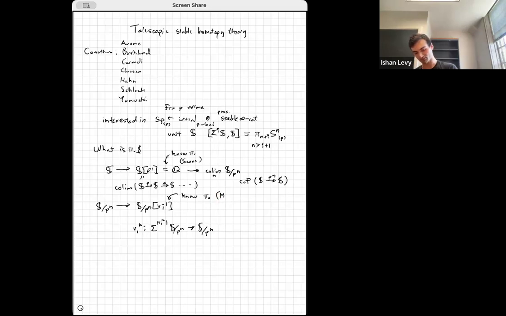For the prime 2, this is due to Mark-Mahowald. And at odd primes, this is due to Haynes-Miller. This is maybe in the 80s. And so again, this is some part of the homotopy groups of this object that we now understand. And you can ask, what did we miss from just this?